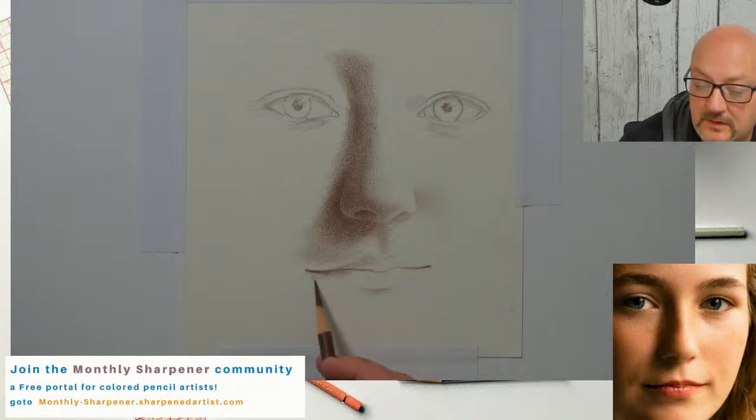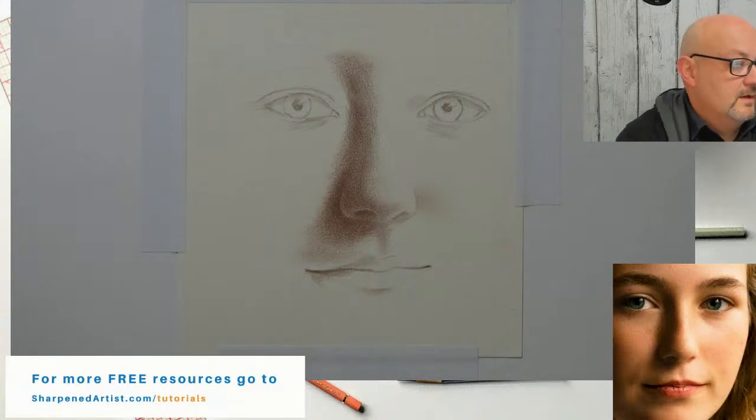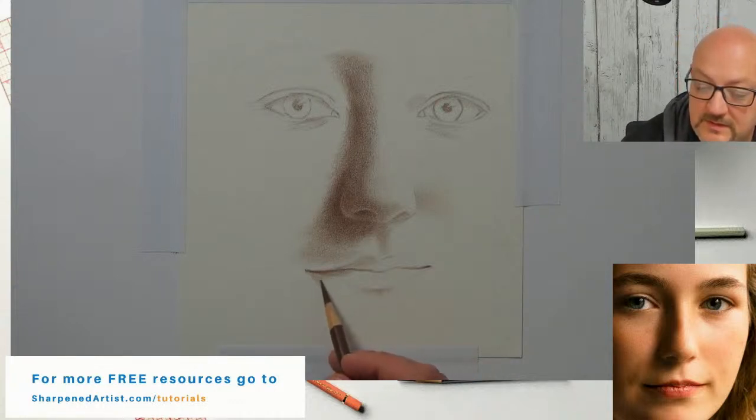Yeah, so if you're working on the March challenge, that's awesome. I love that. And if you're using the March challenge to work on noses, that's a great thing to do. If you're working on eyes, that's also a good thing to do. I think Angel Stewart said that that's what she's doing, working on eyes. So I think this portrait lends itself to eye studies or nose studies or mouth studies, any one of those things. And it's just a good way to practice and